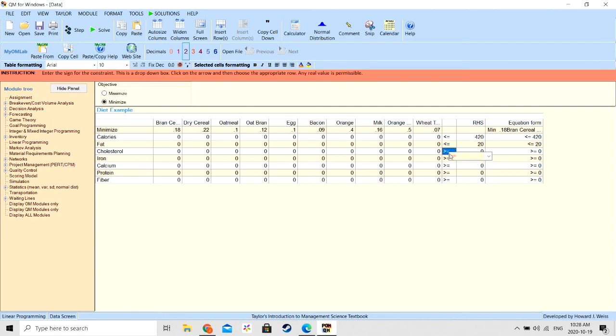And finally, our last negative quality, less than or equal to 30 milligrams of cholesterol. So these are all negative aspects, but iron, calcium, protein, and fiber are positive. So we want them to be greater than or equal to. And the first one,